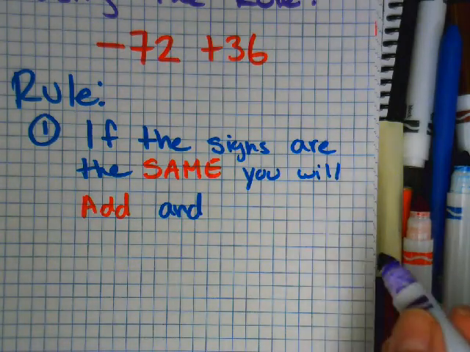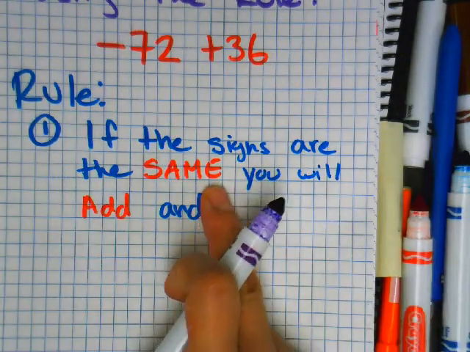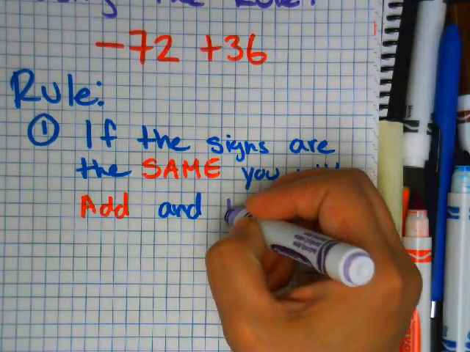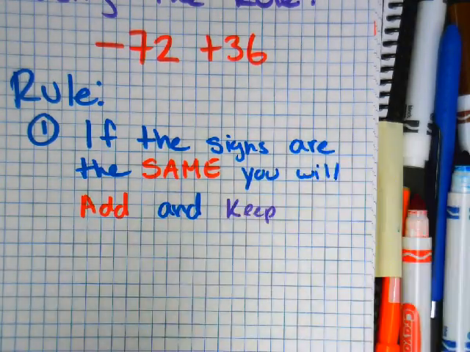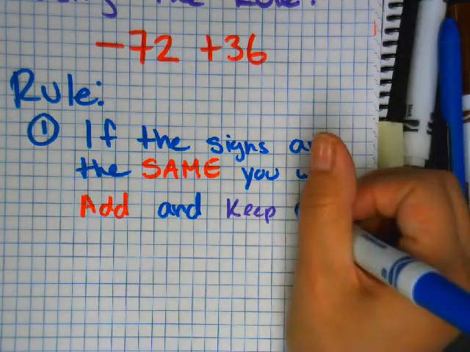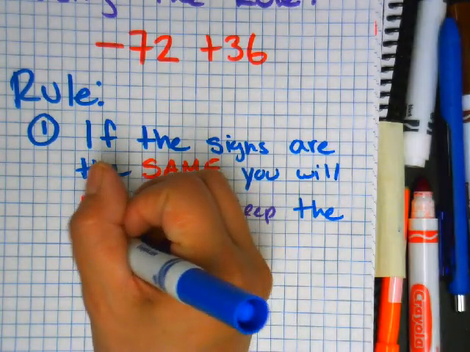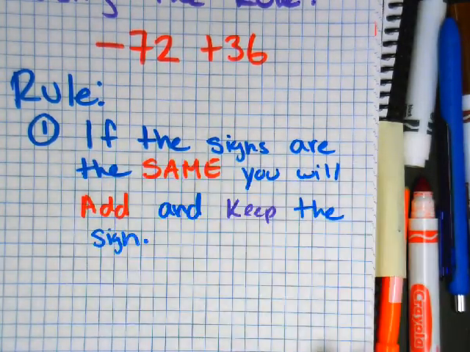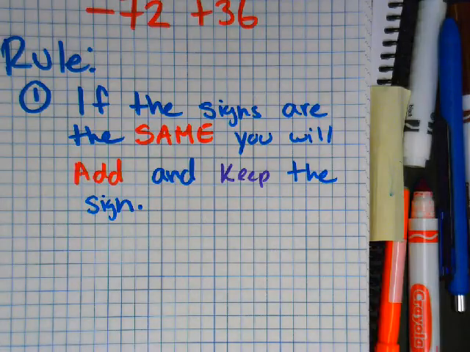If the signs are the same, so they're both negatives, you're going to keep the sign. Because they're both negative, or they're both positive. So here, if the signs are the same, you will add and keep the sign. This is if they're the same. For example,